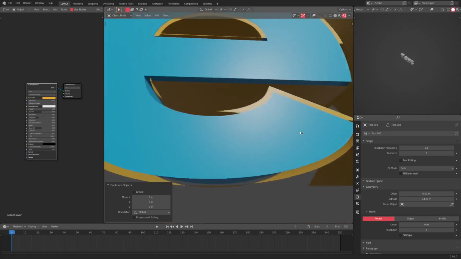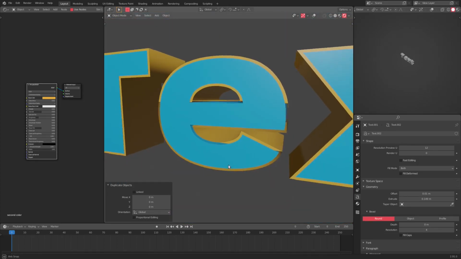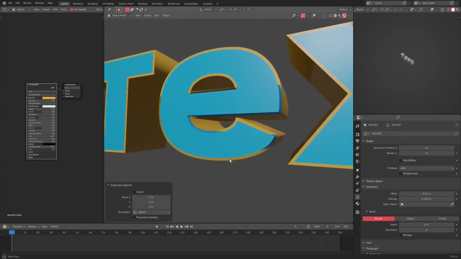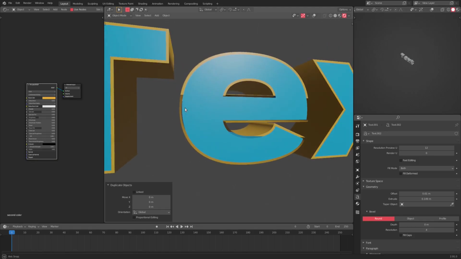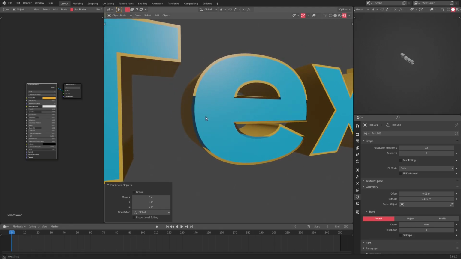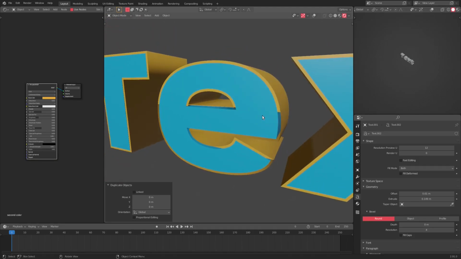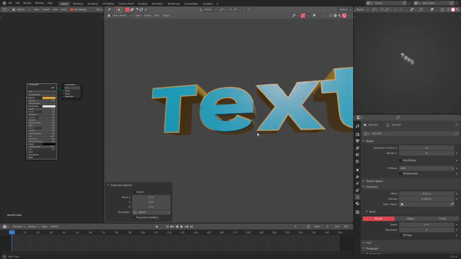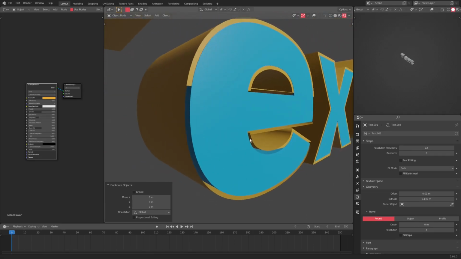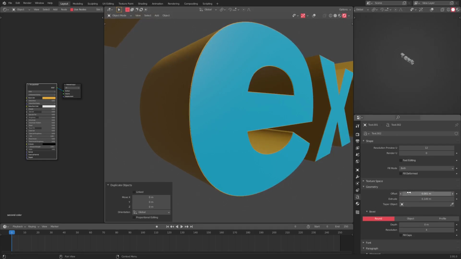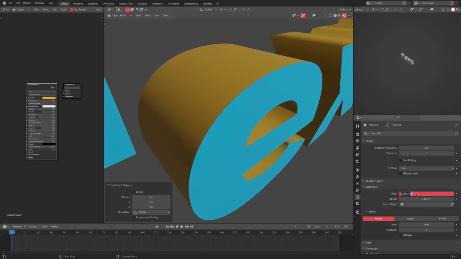There's some gaps here and there, and there's issues here because this text is really curvy right here, so obviously it's going to have some issues with the polygons, the faces rather, and the vertices. So that can be an issue, but we don't need to extrude it this far, so that's something good. We don't need to extrude it nowhere near that much. We just need it to be enough so we can see the yellow and it's not glitching through. So it can literally be